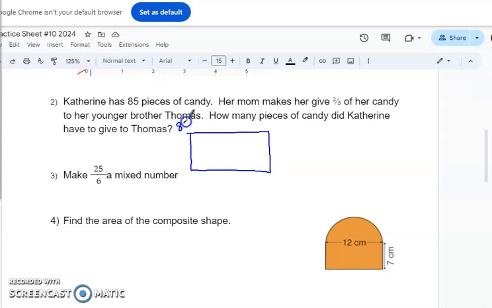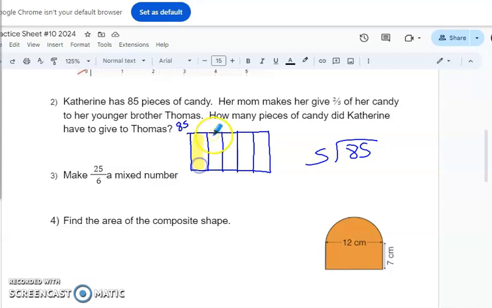We've been doing this for a while and some of us are skipping it. Okay, so fifths. 1, 2, 3, 4, 5. We have 5 sections. So this is filled with candy, 85 pieces. So to figure out how much is in each section, I would divide it by 5. Okay? This is how you take a fractional part of a number. So you divide that, and then